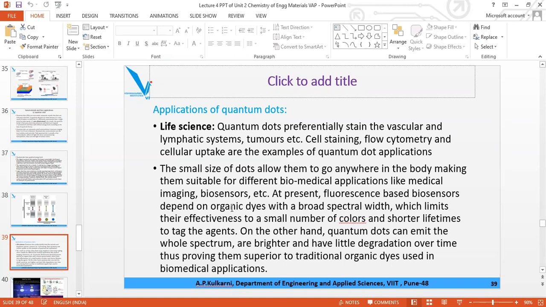and they can color them and tag them with their colors. Now, we can use organic dyes for this purpose also, artificial colors instead of quantum dots. But the problem is that quantum dots are superior to organic dyes. The organic dyes also stain the defective part of the body, but it will not remain for long, or sometimes it remains for a long time. Permanently, it stains that particular part, which cannot be removed by any means.